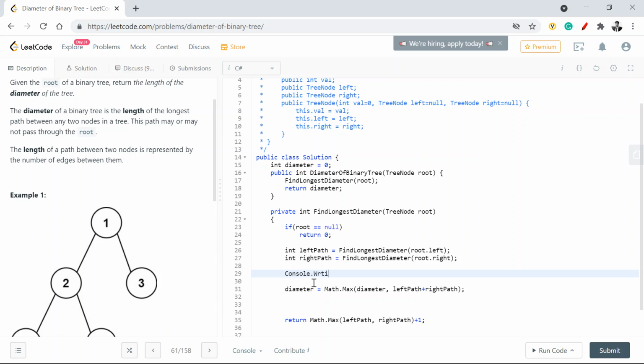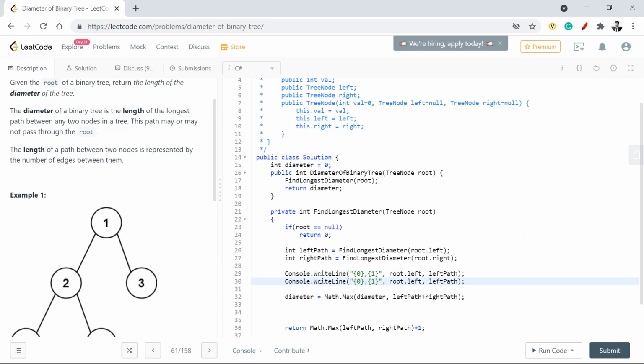Console.WriteLine, say 0 1. I'll say root.left, left path, and similarly this will be left, and this will be right, root.right, right path.